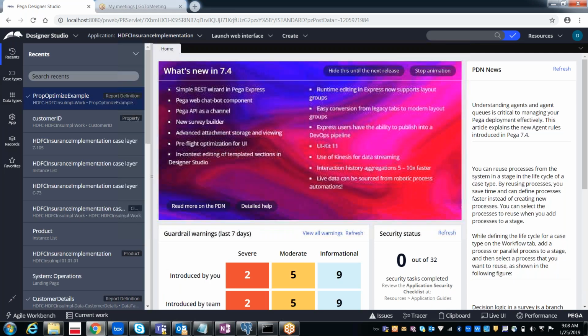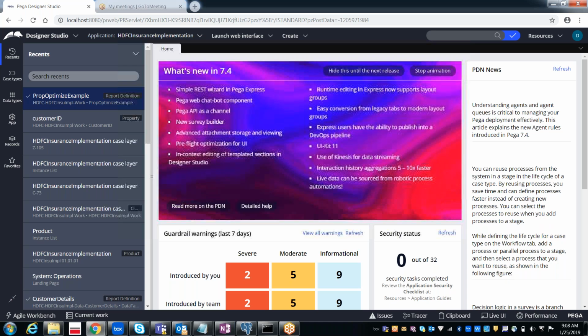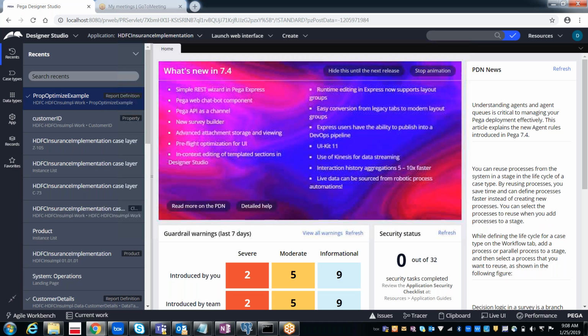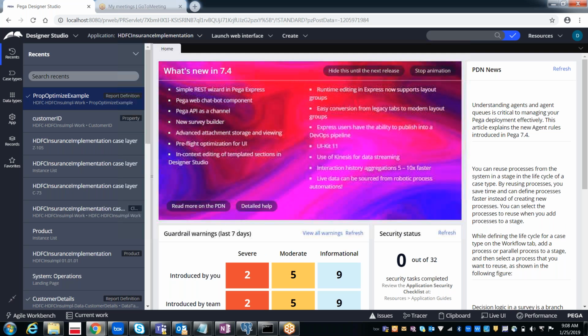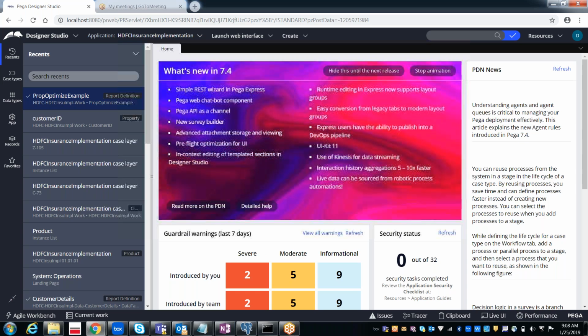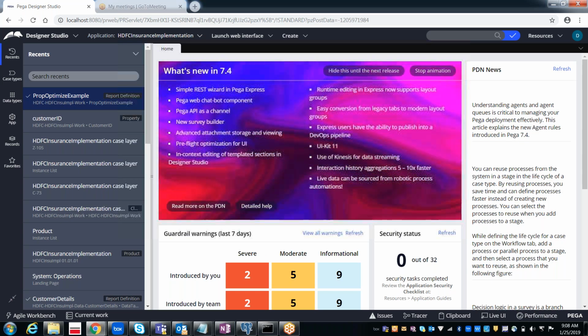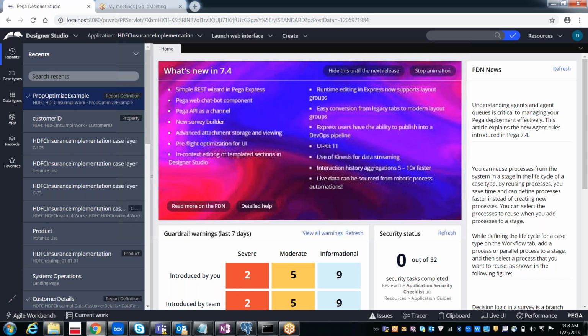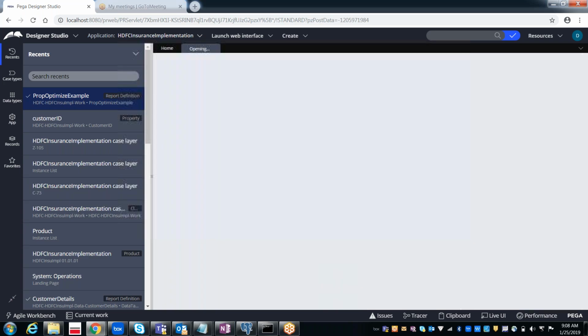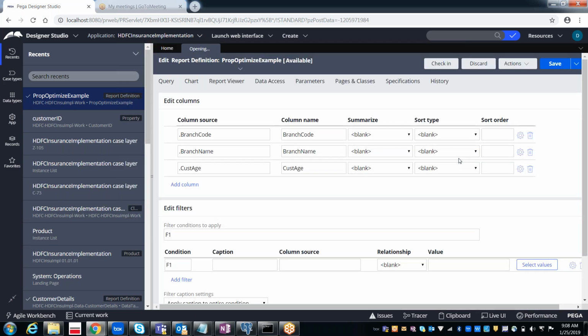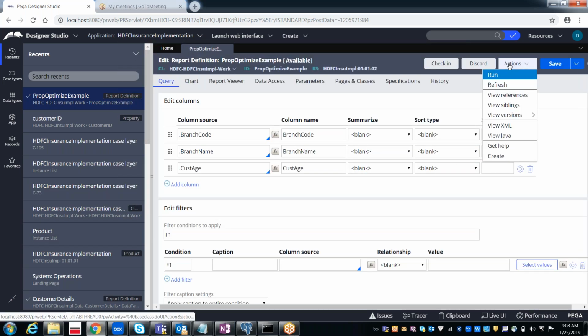How exactly you can give means, first of all we need to decide which rules have to be modified by the manager in the production environment. Which rules should be modified by the manager. So we need to identify the rules. Generally the rules which the manager can modify are like a decision table, and this is the report definition, right?